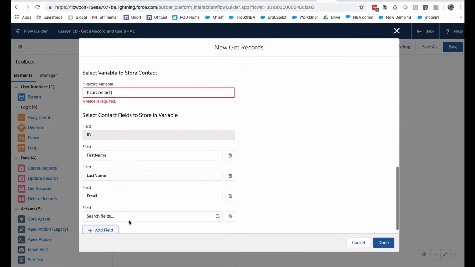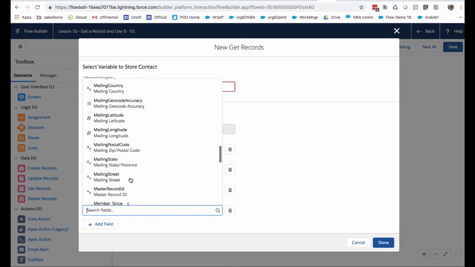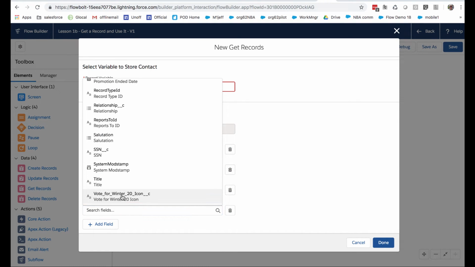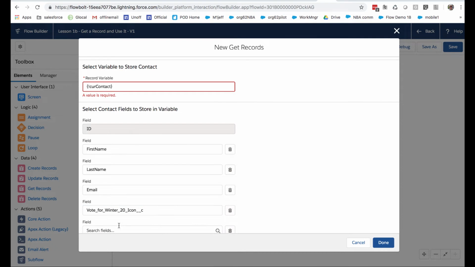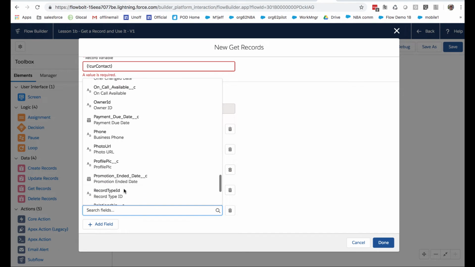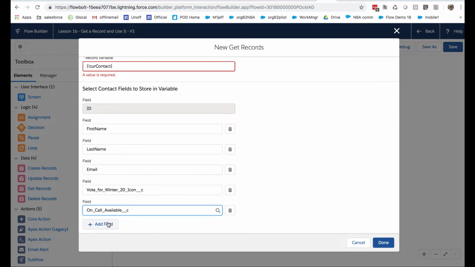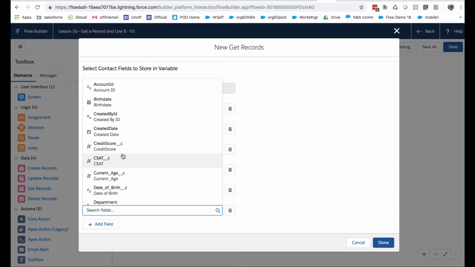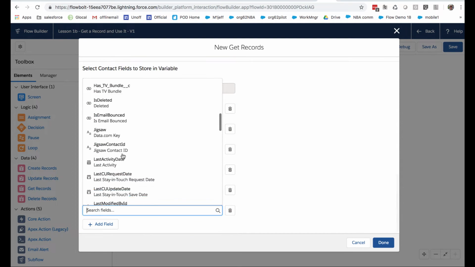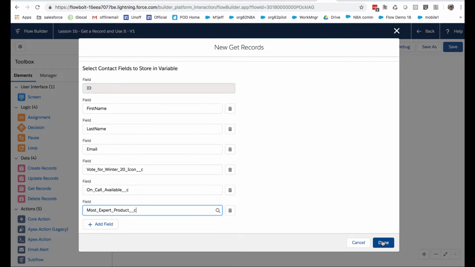And then just for fun, I'm going to grab a few other fields to use in the body of the email. So I'm going to grab vote for winter 20 icon, and on-call availability, and this little icon shows you the type of that field. So these are simple text fields. And the final one I'm going to grab is most expert product. And so now we are done preparing our record query,